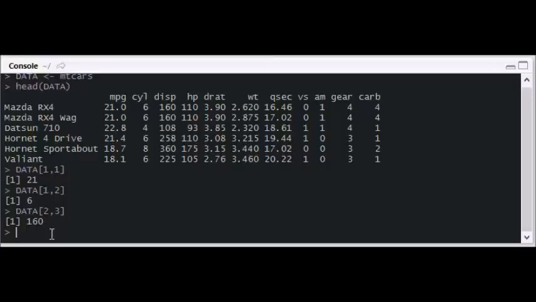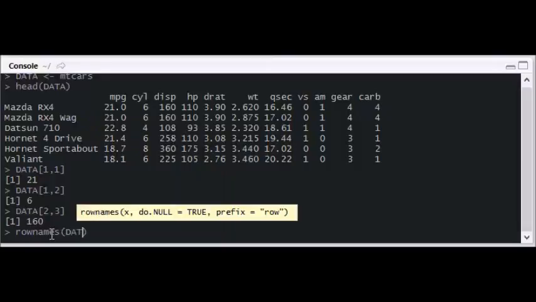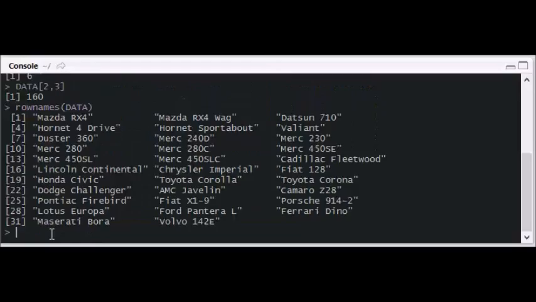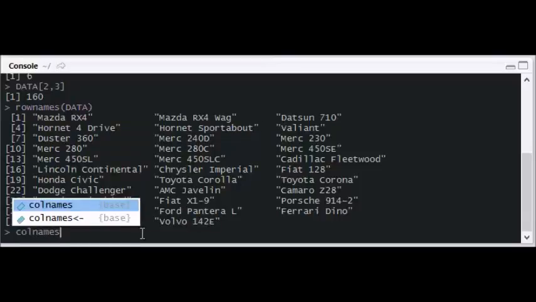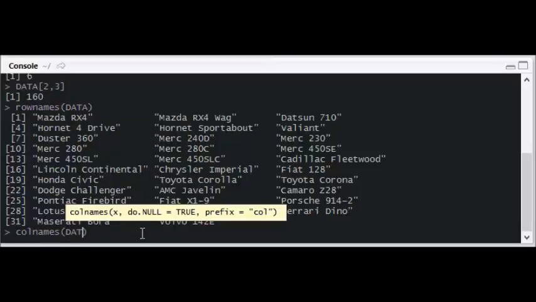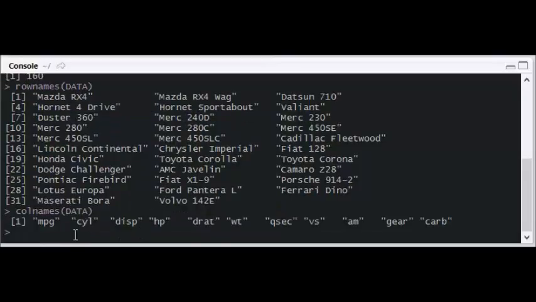There is a more descriptive method we can do. We can look at what are called row names and column names. So row names of data, press enter, and we see that each of our rows has a name. The first one is Mazda RX4, the second one is Mazda RX4 Wag, Datsun 710, and so on. We can look at our column names, which we've done before, of data. And we'll see each column has a name: miles per gallon, cylinder, displacement, and so on. So now going back to head of data,